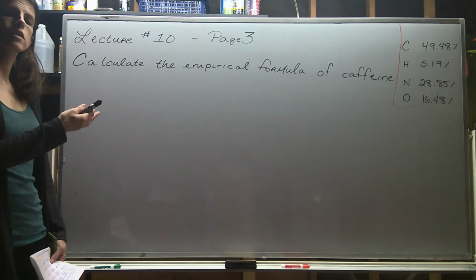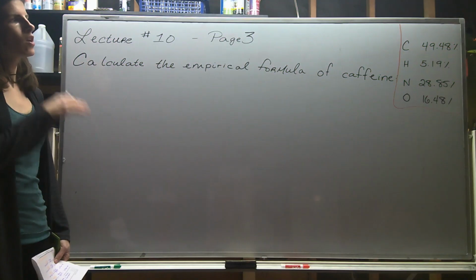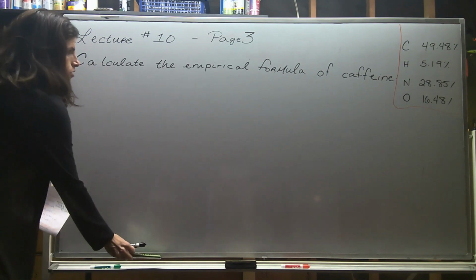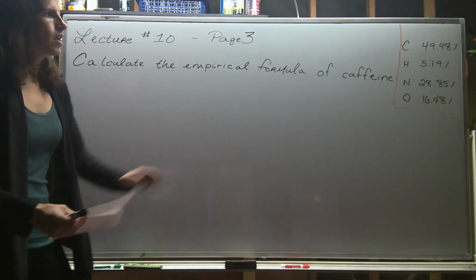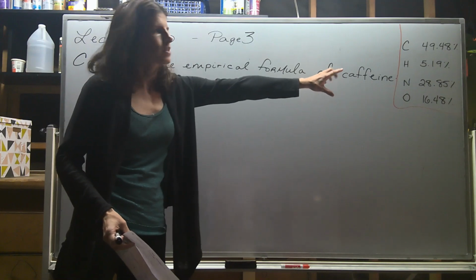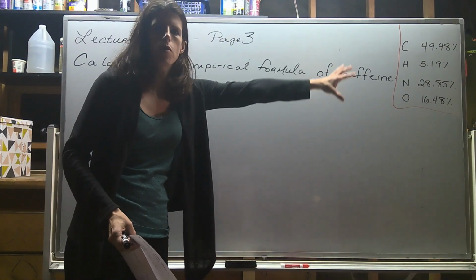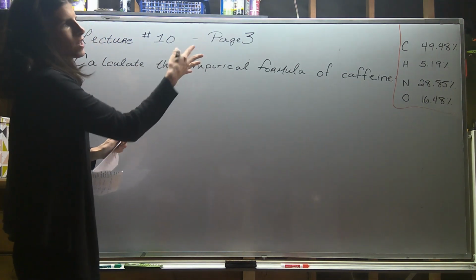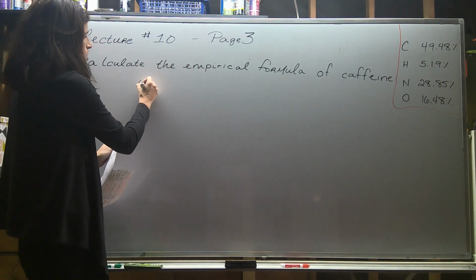Alrighty, let's take a look at this problem from the top of page 3, where we're asked to calculate the empirical formula of caffeine. The first step is going to be to assume 100 grams. That's going to allow us to change all our percentages into grams. So for instance, instead of writing 49.48%, I can write